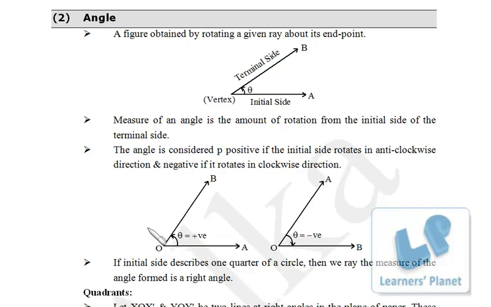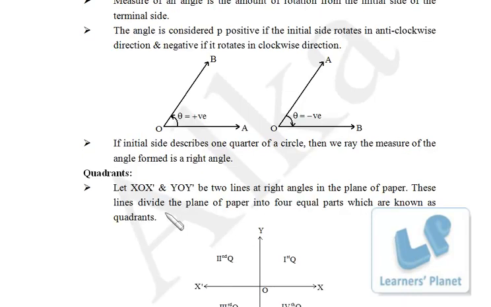This is anti-clockwise and this is clockwise, right? So the angle is considered positive if the initial side rotates in anti-clockwise. You can see this movement is anti-clockwise, right? So this is positive angle, and when the movement is in clockwise direction, then the angle is negative. Okay. And if initial side describes 1/4 of a circle,